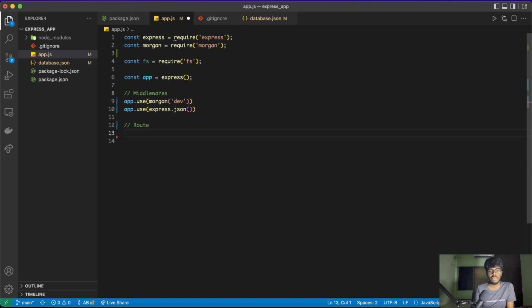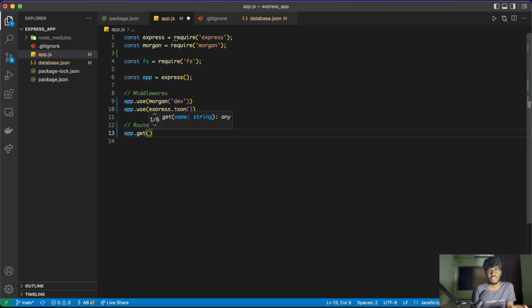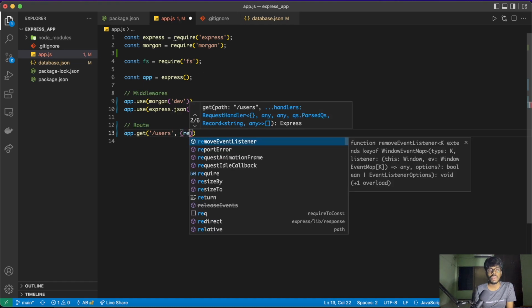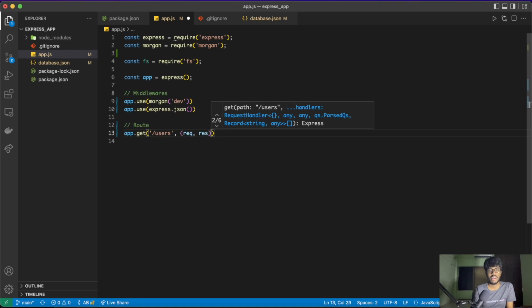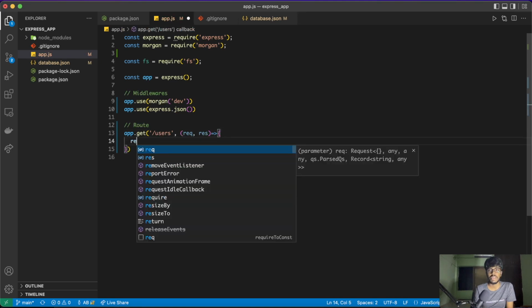So this is where we get to see in real life the point we were talking about. My first route will actually be users, and when I say users, I'll go ahead and add a callback here, and by default it's request, response,